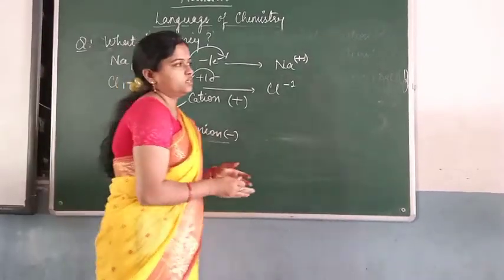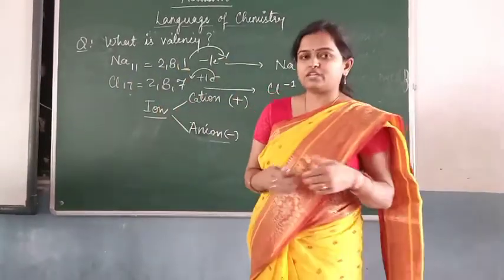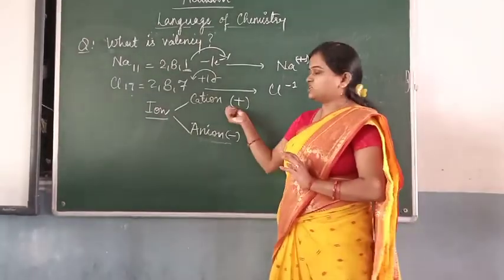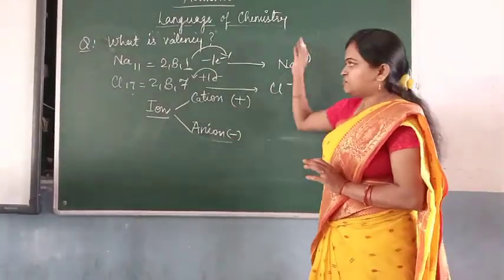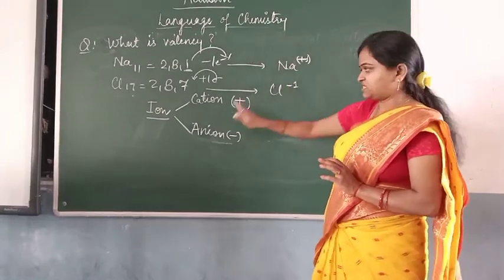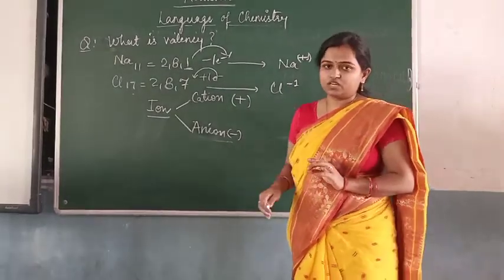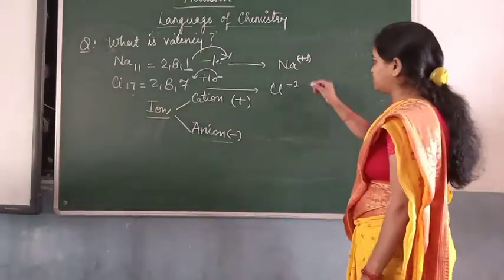Now in your book a valency chart is given, and we have already given the valency chart to learn. What you have to do is learn this valency chart, the positive valency and negative valency, meaning cation and anion, and by that you have to write the formula. How will you write the formula?